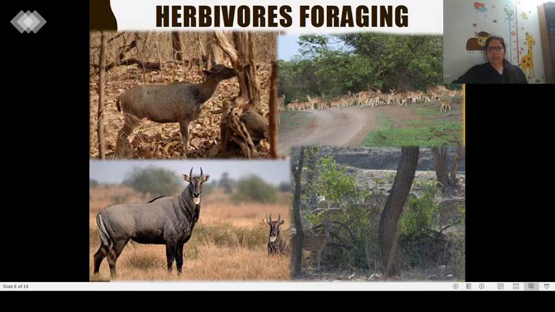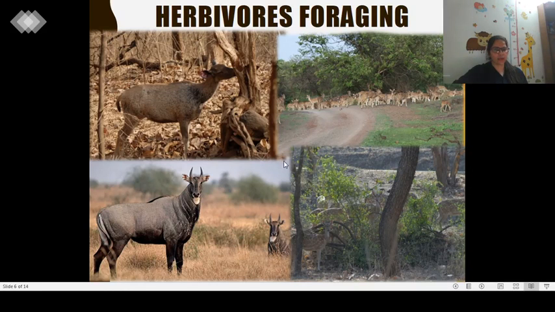On the canvas, we have four pictures. The first is of a sambar, which is chewing on the bark of a tree. The second one is of a cheetal herd grazing. The third picture is again of a cheetal herd but on browse, and the fourth one is of a giant male nilgai in a scrubland. So these pictures show clear differences in the food choice of herbivore species, or say ungulate species, in